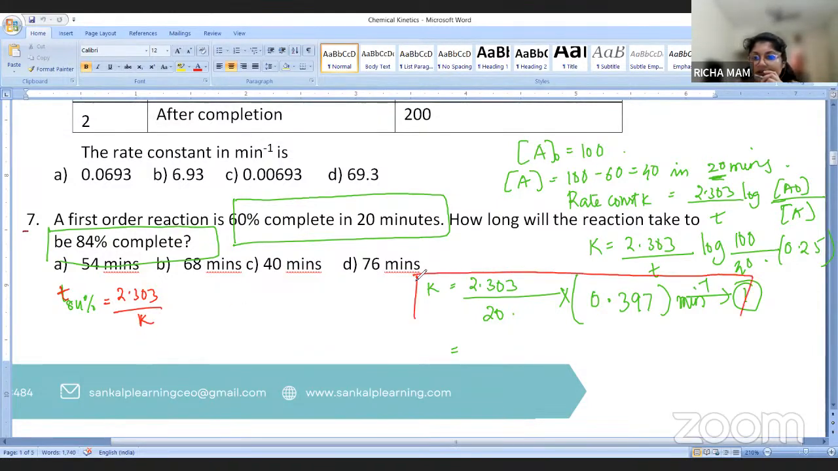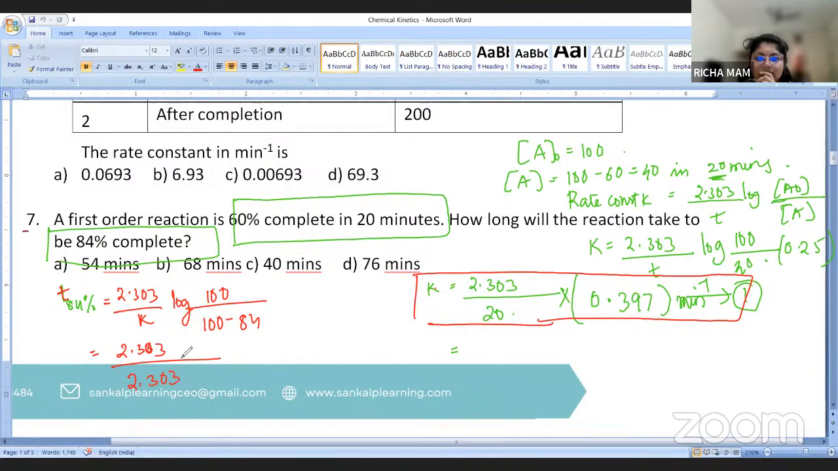We have found out the rate constant in the above equation, so we will substitute it into the log. The initial will be 100 and the time taken will be 100 minus 84. Now we will substitute the value of K here. So it will be 2.303 into K, where K is